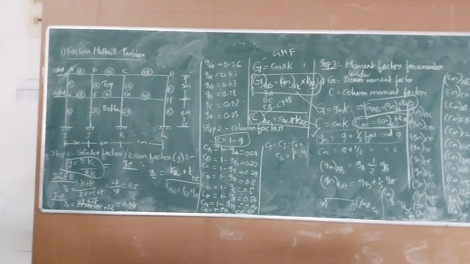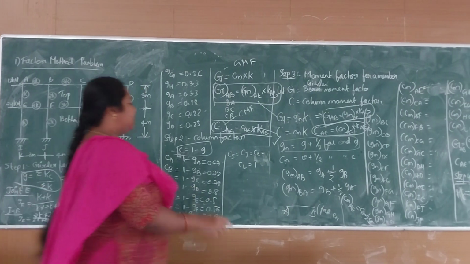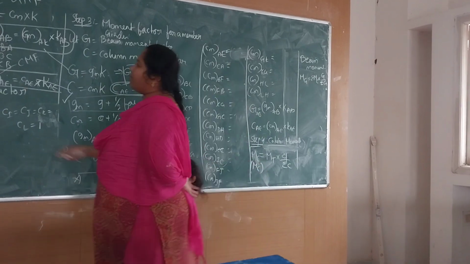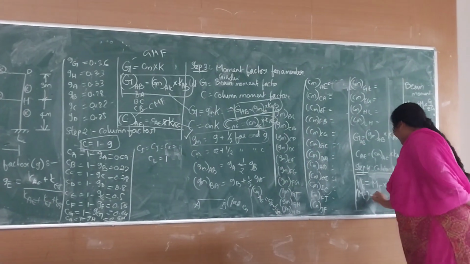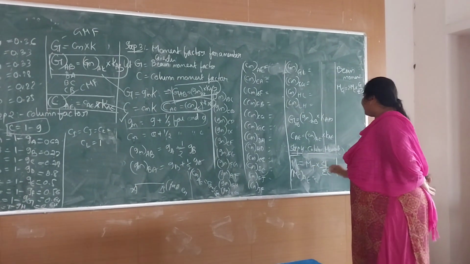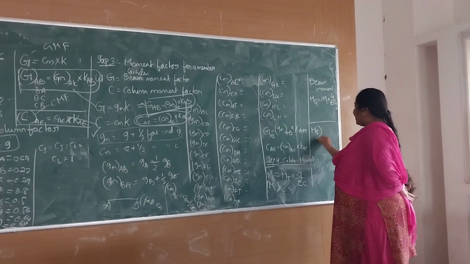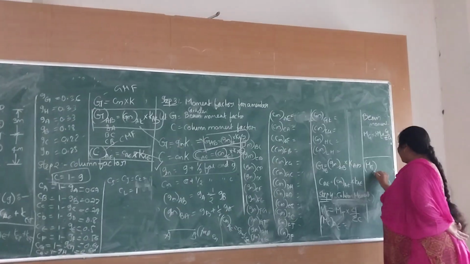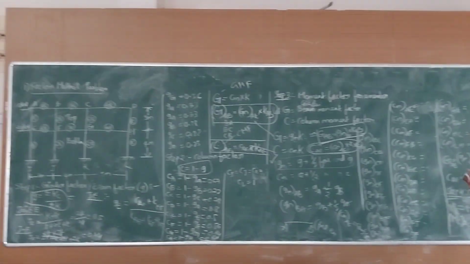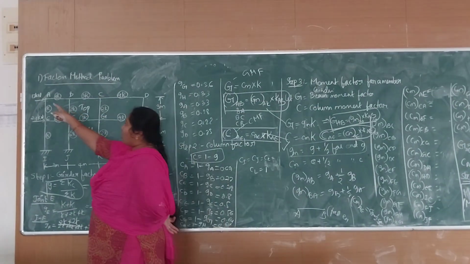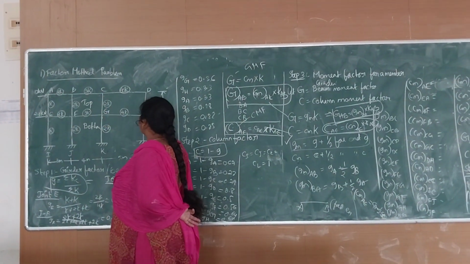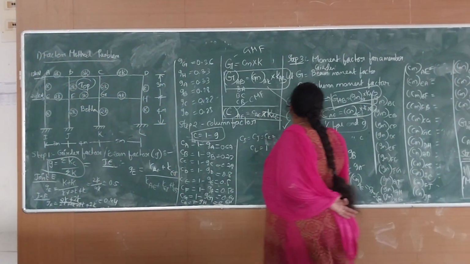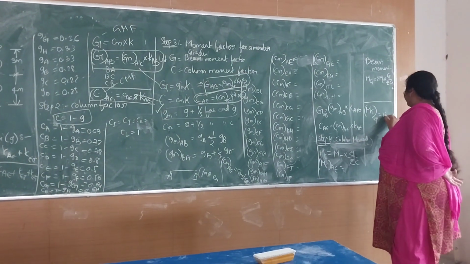Now I will calculate for one member, that is MC, the column movement. For which member do I want to take? Column means the AE member. MC of AE is equal to, what is MT? MT is nothing but total movement. For which floor should we take? For the top floor. Now, MT for the top floor is equal to, which force is acting? Here, the force is 12 kilonewtons, the perpendicular distance is 3. So 12 into 3 indicates the movement of the top floor.